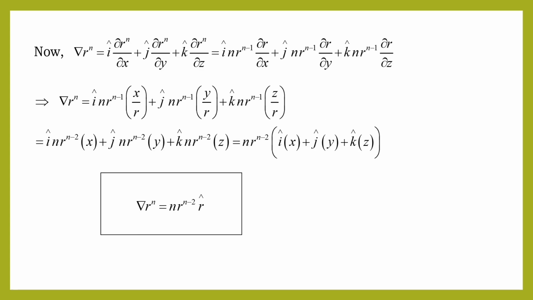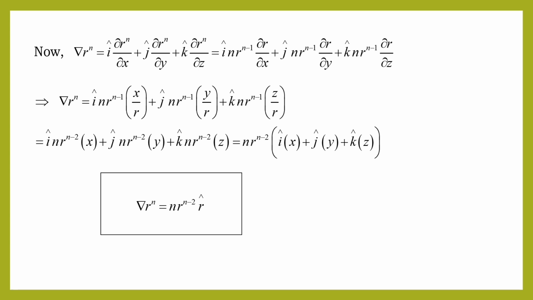I have already mentioned one point. r power n is a scalar field or a scalar point function. Gradient can be found for scalar point functions only. Because r power n is a scalar point function, we can find out its gradient. Let us find out the gradient of r power n now. Del r power n